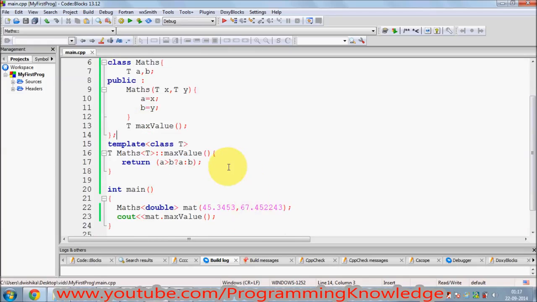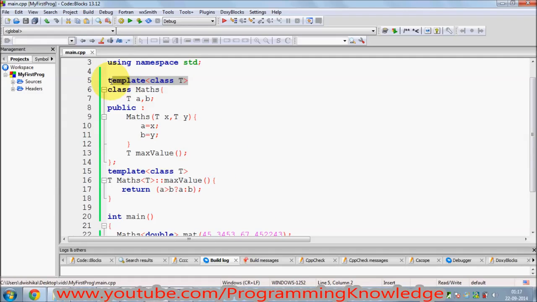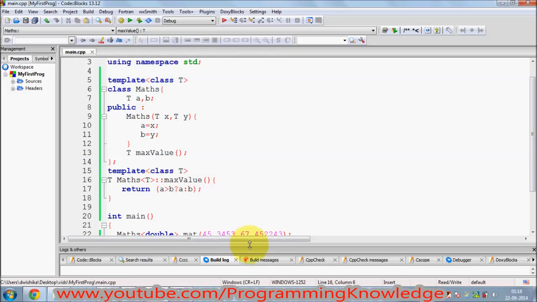So don't forget some basic things: a class template is instantiated like the function templates, with this template keyword, these angle brackets and your data type. And whenever you provide the definition of a member function of a class, don't forget this template there also. And whenever you define a member function, you need to add this angle bracket with this data type with your class. Okay, so I hope you have understood these basic